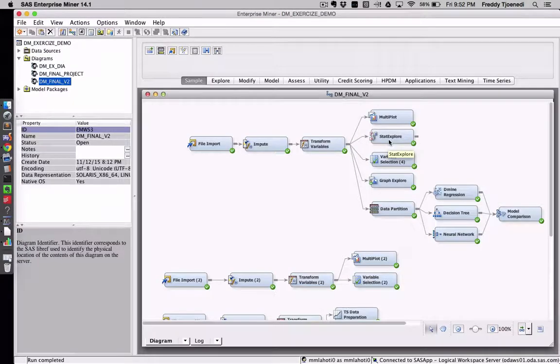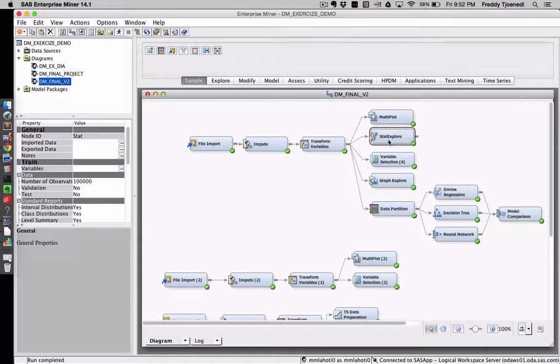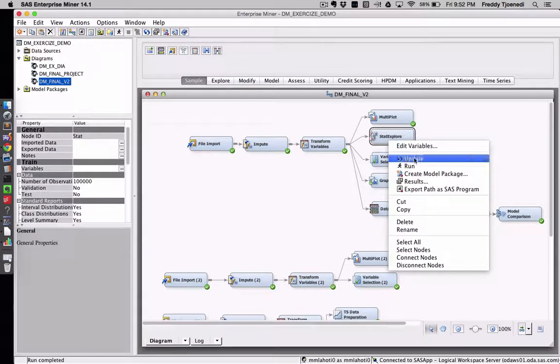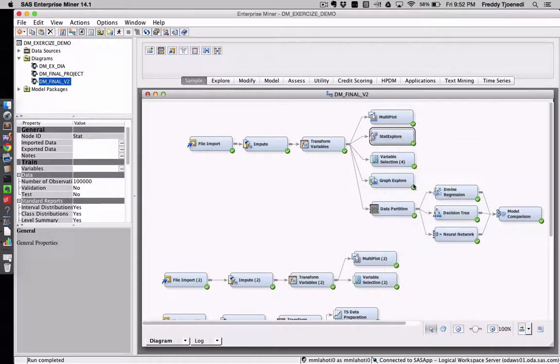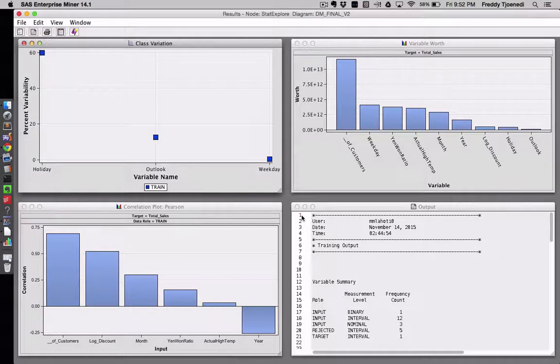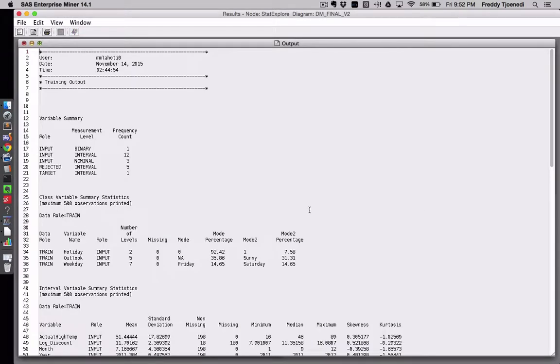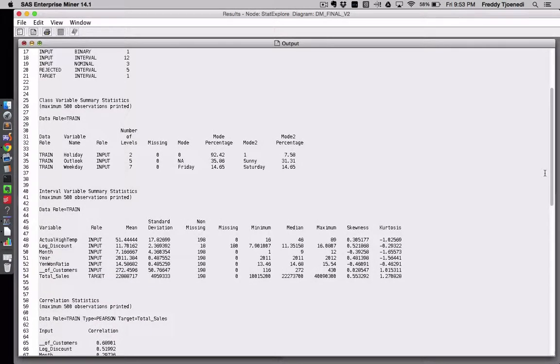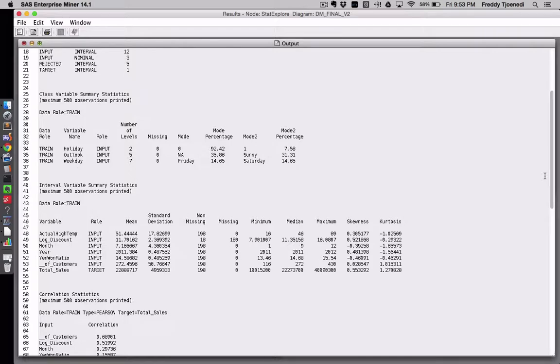To understand the statistical information and the skewness of the variables, we have used the Stat Explorer node. This is the Stat Explorer node window, and we can see the statistics of each and every variable in the output. It shows the standard deviation, missing and non-missing values, minimum, median, maximum, and skewness,